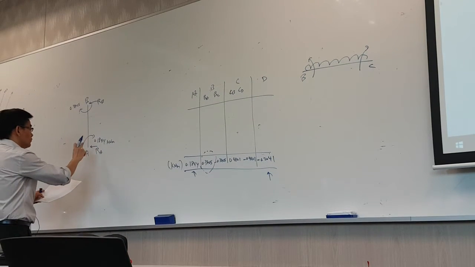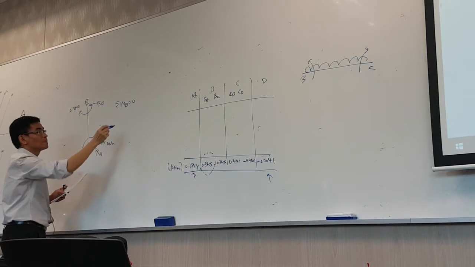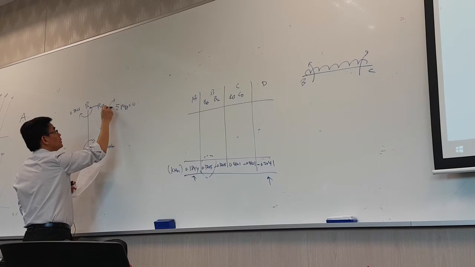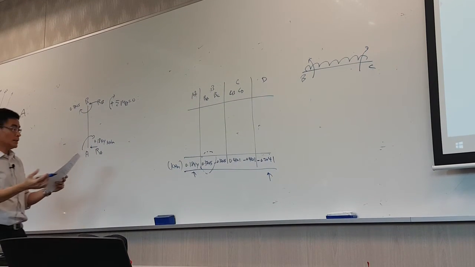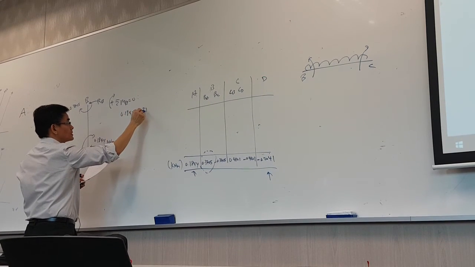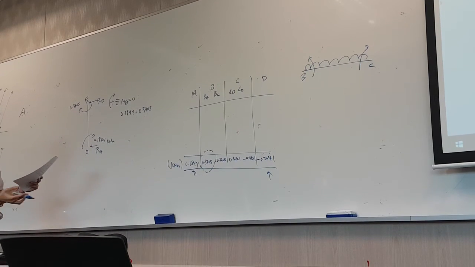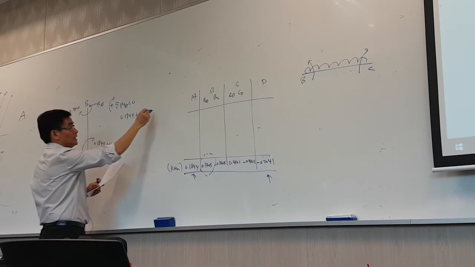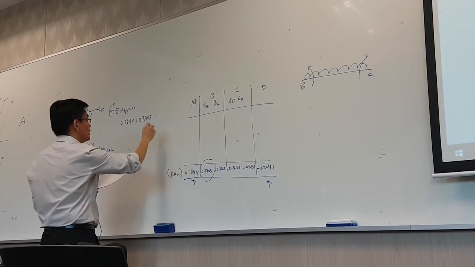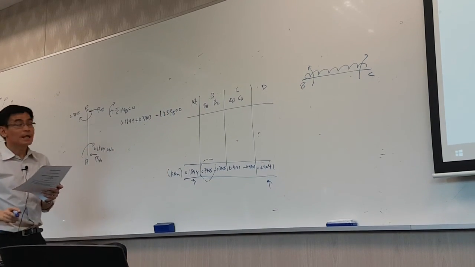For that case, you want to take summation of moment about A equals 0. By doing that, you define clockwise as positive. You will get 0.1844 plus 0.3705, and for RB, is it positive or negative? It has to be negative because you're going to minus. The length is 1.25, so it's 1.25 multiplied by RB equals 0. So by doing that,